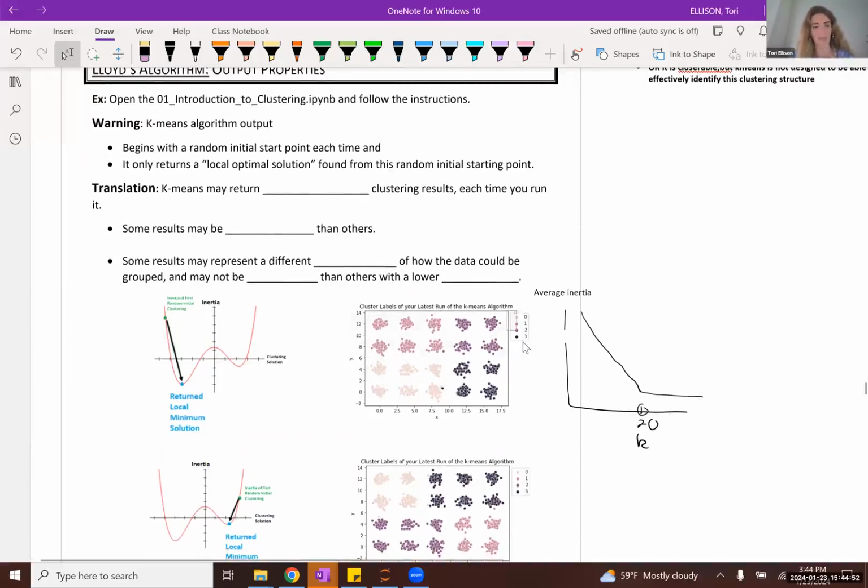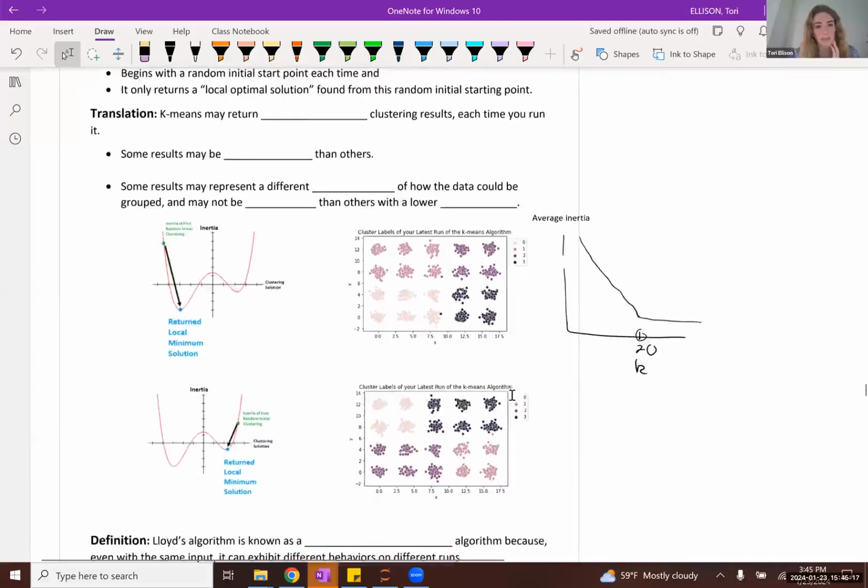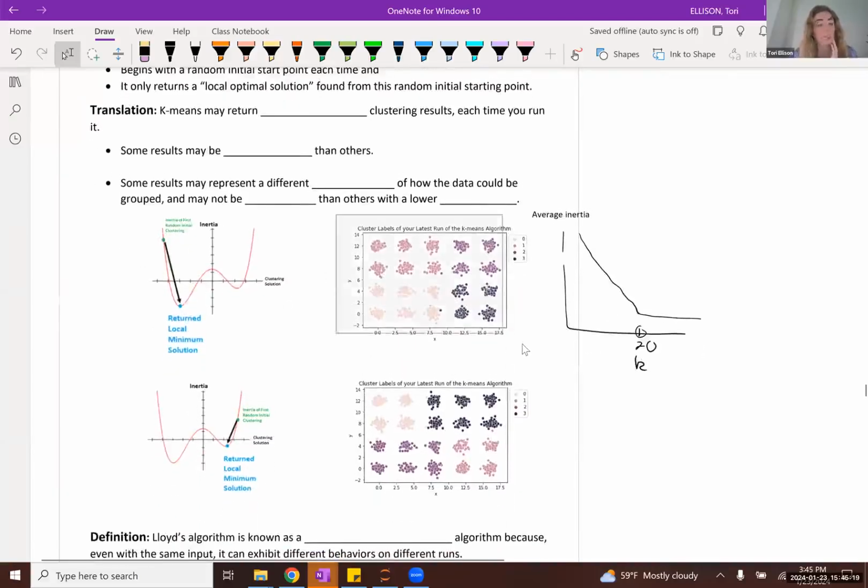So let's just say we ran k-means twice. What we're going to end up seeing is that in Python, if you run k-means without fixing a random state, then it's entirely possible that each time you run that algorithm, you could end up getting a different clustering result. So for instance, if we ran the k-means clustering once, looking for 4 clusters, then we might have gotten this result.